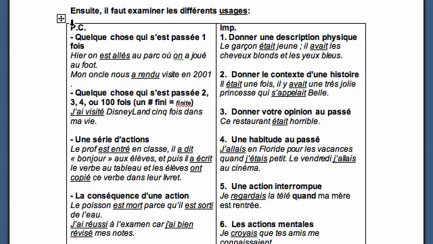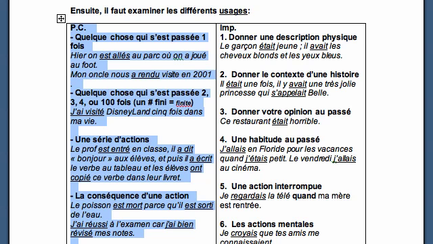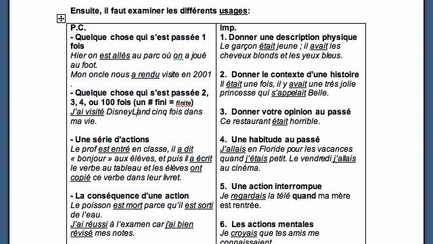So on the left-hand side in this column, you have passé composé. Here's how I want you to think of passé composé. You're going to use it to talk about something that happened in the past, that happened once. Like hier, on est allé au parc pour jouer au foot. Yesterday we went to the park and we played soccer. It's not we were going to the park and we were playing soccer, it's we went to the park and we played soccer. Happened once, passé composé.